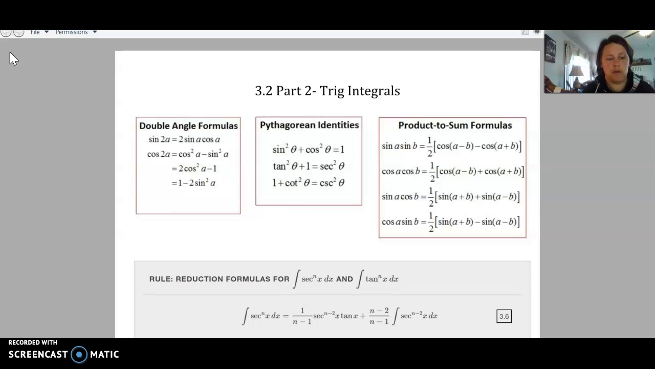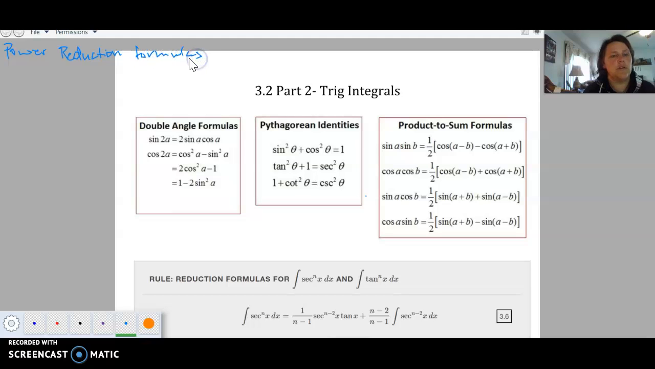Sorry, power. Call them the power reduction formulas for